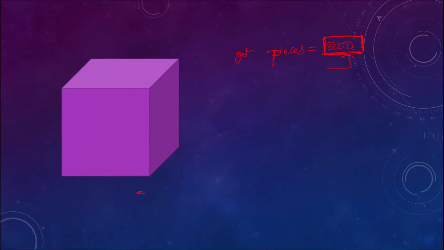So the maximum number of cuts anyway you can find, because if you make cuts in a single direction, 199 cuts, then we will get equal pieces as well as 200 pieces. If the cuts are 199 in one direction, definitely the number of pieces will be plus 1. So 200 pieces we will get. So this is by using the maximum number of cuts. But by using the minimum number of cuts, how can you bring out 200 pieces? So we'll discuss that.